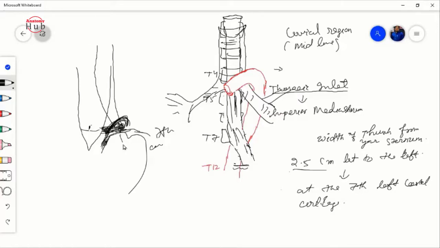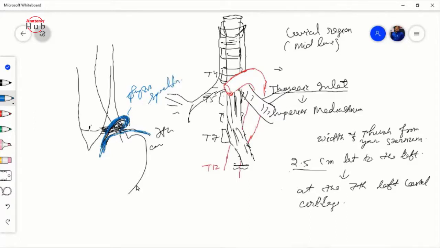So here you will find the stomach. So here you will find your left crus of the diaphragm. This is left dome of the diaphragm, and from here the fibers are going. Okay, and they are just making a loop around the esophagus. Whatever loop is forming surrounding the esophagus, that is your physiological sphincter.